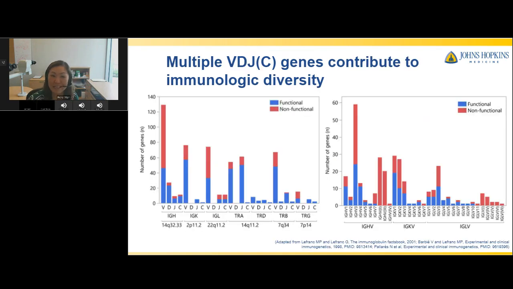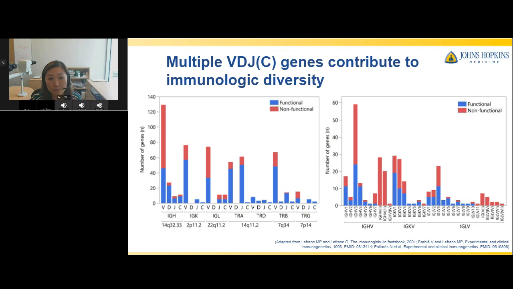Okay, so let's begin. As many of you know, B and T cells are critical to adaptive immunity. Their receptors and the interaction of those receptors with each other and immune cells is what allows all of us to have a robust immune system that can recognize, respond to, and suppress infections and foreign agents. Now, instead of attempting to encode all of the genes necessary to recognize every possible antigen, our genome actually encodes parts of genes, what are called variable, diversity, and joining genes. These become modules that can then be recombined in endless ways to form a complete B or